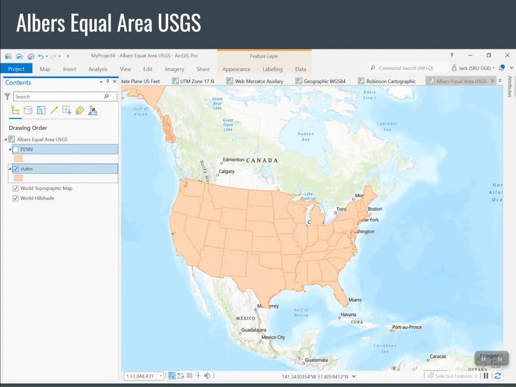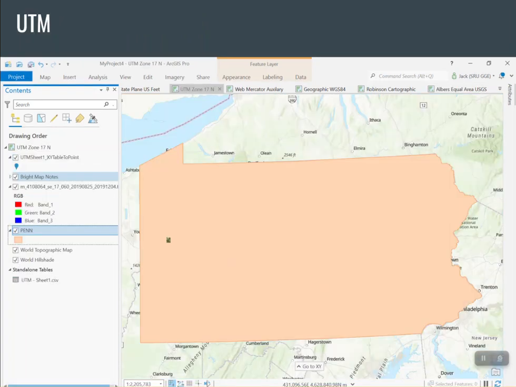If we want to look at just Pennsylvania, though, it's probably a good idea to use one of two relatively small scale projections for cartographic representation. One option is to use UTM, and again, we're going to get to what that really means in a minute, and actually the next video. The UTM Zone 17, which is what Pennsylvania is in, is a pretty good, relatively large scale, that is small area, cartographic